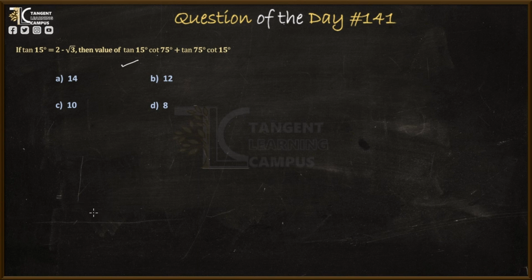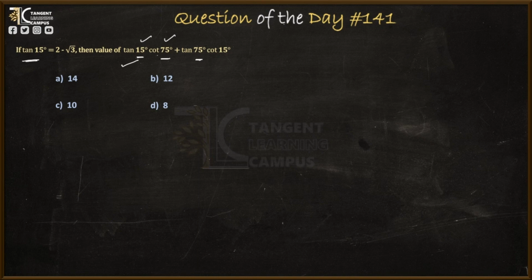So let us see what is given in this expression. First of all, here we have tan 15 degree and cot 75 degree in the first part. So what we see here, we have two angles, and in the question the value of tan 15 degree is given. So to make our question easier, we can change this 75 degree in terms of 15 degree, and similarly we will change 75 degree in the second part also. So let's start with the solution.